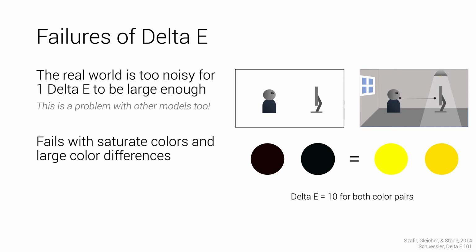That pair of colors generates a delta E of 10. So does the pair of yellows on the right, where we have the bright yellow and the more goldenrod color. Those two sets of circles do not appear to be equally distant from one another. And this is a broader problem within CIELAB, where, again, these large saturated colors can lead to misleading delta E